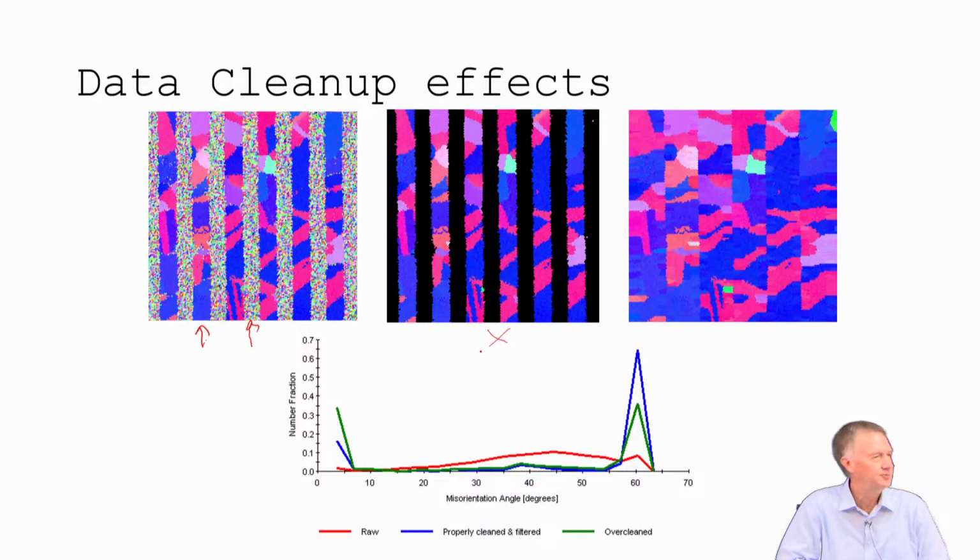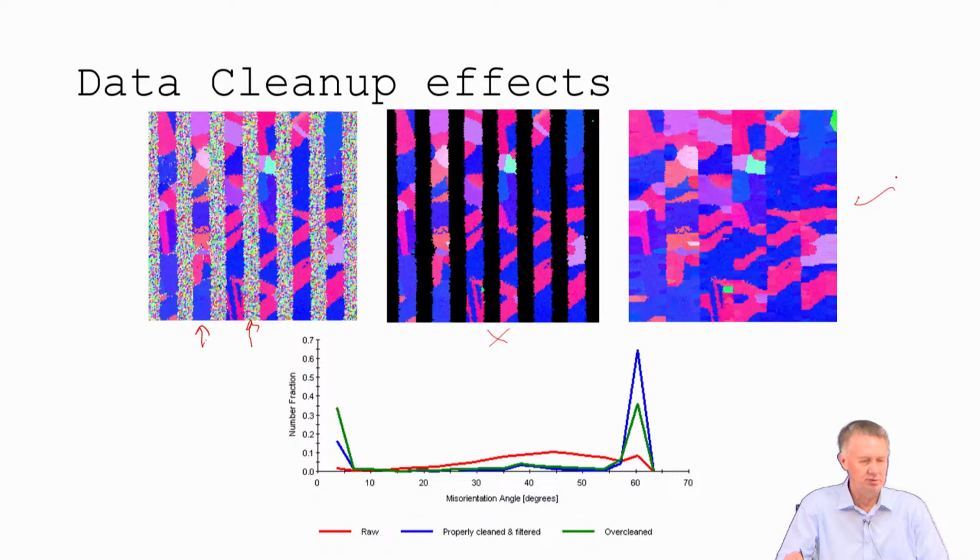All right, looks pretty good. So you're happy with that data. But now you say, okay, I want to clean this up. I want to make sure I have all my boundaries tight together. So you do a dilation cleanup or something. One way you could do that is just say dilate till it's complete, right? Dilate it until my whole space is filled in with things that I define as grains. And if you do that, you come up with this last one,